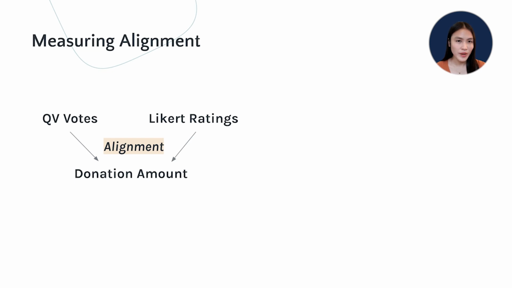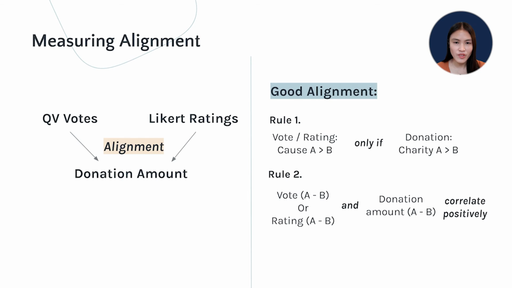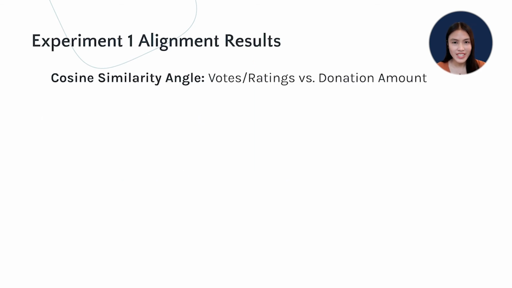We are ready to compare participants' survey responses and donation amounts to see how closely the survey responses align with their true preferences. A good alignment means one only votes more or rates higher for option A than option B only if they are willing to donate more to option A than B. And the more they vote for option A than B, the more they are willing to donate to A than B. We used the cosine similarity angle between the donation amount and the votes and ratings in surveys to capture